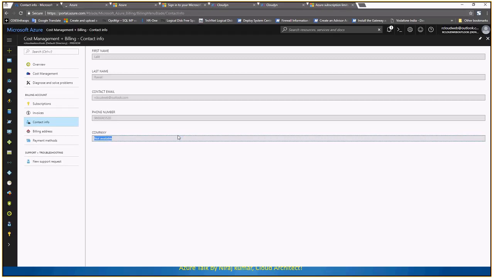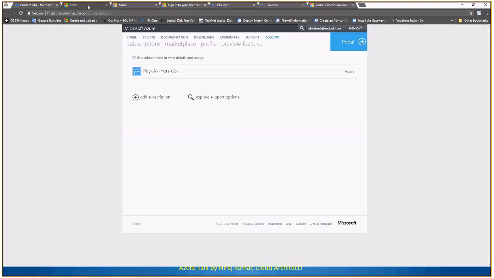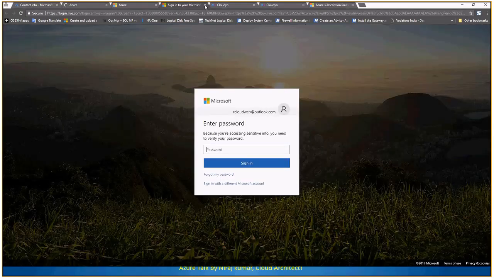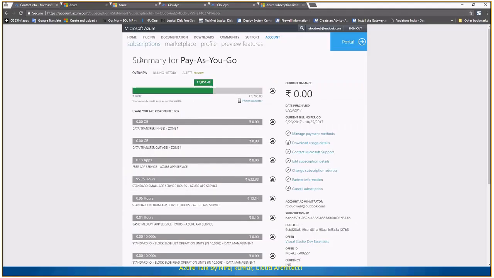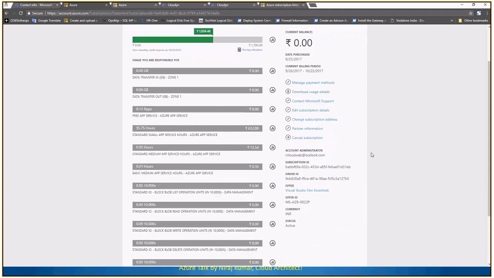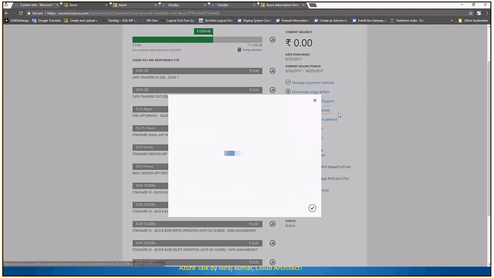Somewhere where I will be the administrator and I will be adding and modifying the details, right? So for that, Microsoft is especially giving you the account portal, where you just go ahead and change your permissions, change your contact details. Here is the summary of my subscription, the complete summary, and I can click on edit subscription